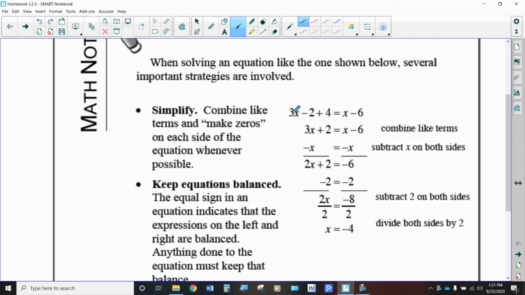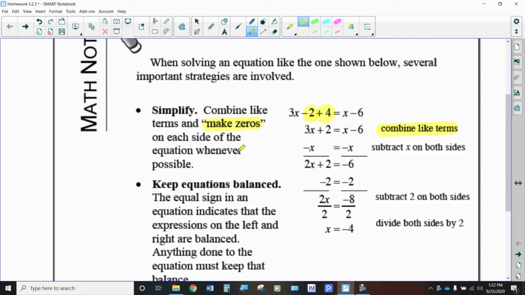First thing you want to do is combine like terms if you can, if you need to. Even before that, if the problem called for it, you might need to send in the dive bombers and use the distributive property to get rid of all the parentheses, so then you can combine like terms. But generally, with these more simple types of equations, combining like terms starts off, and if you're adding positives